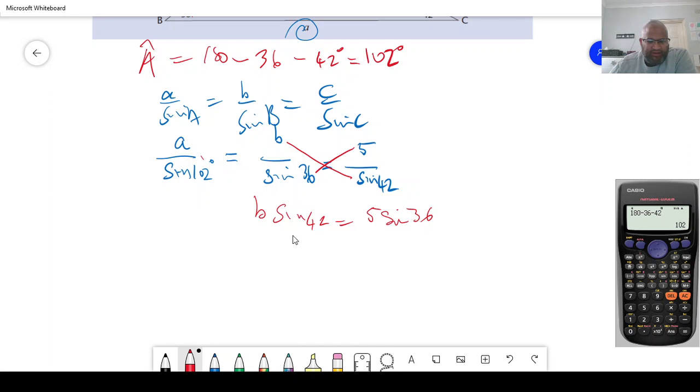So I divide by sine 42 both sides, so I get 5 sine 36 over sine 42. Let's put this in the calculator. We have 5 sine 36 over sine 42. It gives me an answer of 4.4